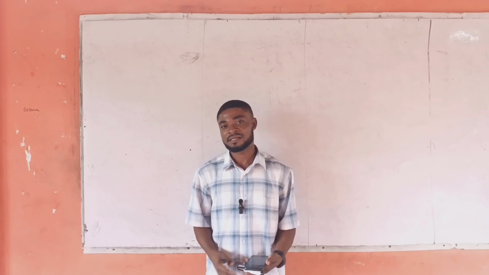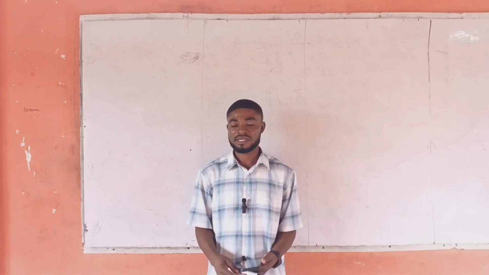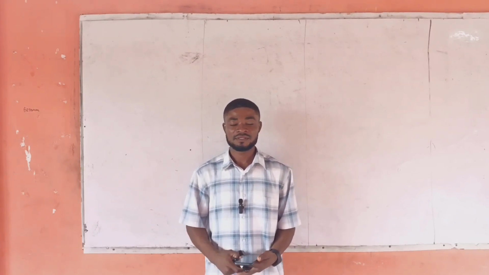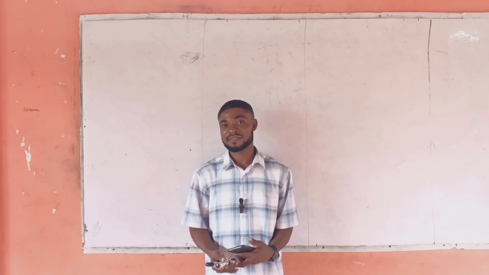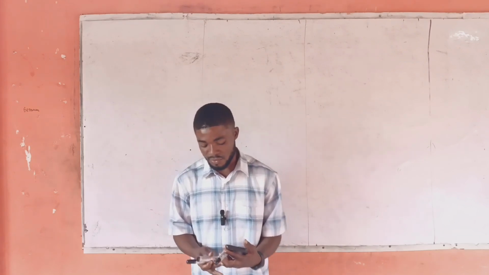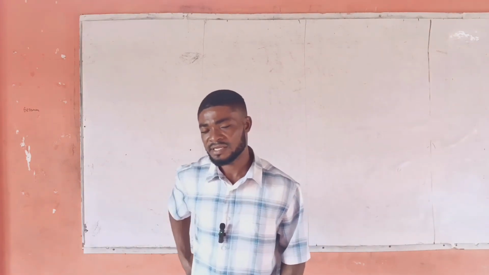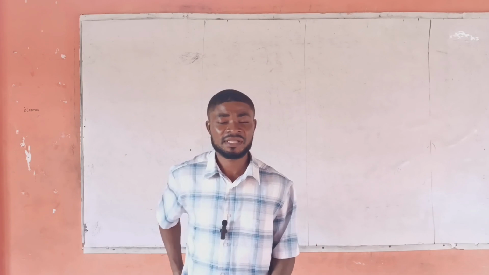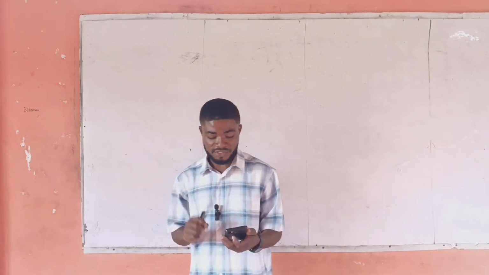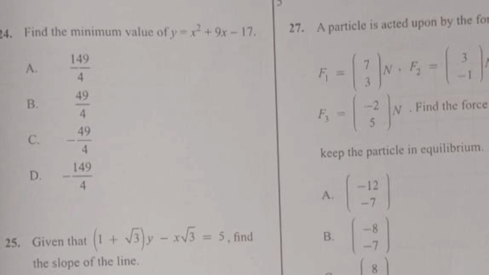Just like we started yesterday and the day before yesterday, we want to continue with elective mathematics objective questions. The other day and yesterday, we were able to get to question number 23. So we'll continue quickly from question 24 to question 28, per what I have over here. Question 24 says that we should find the minimum value of